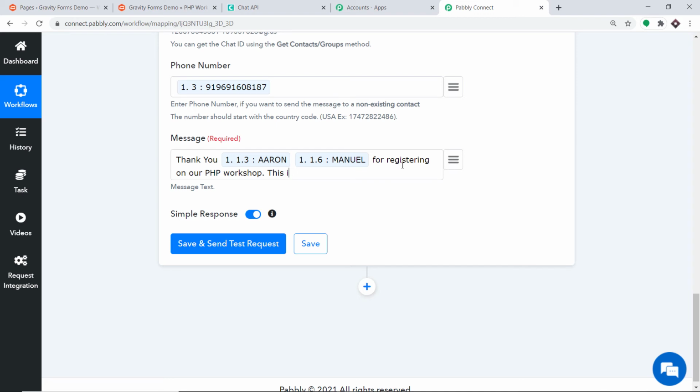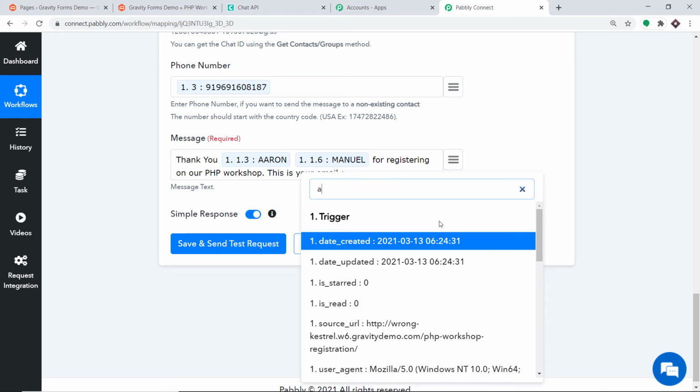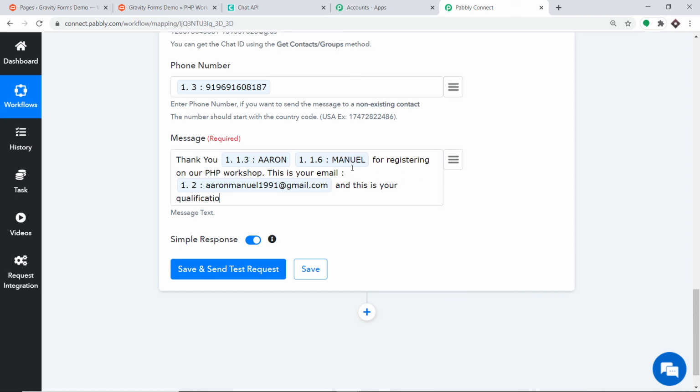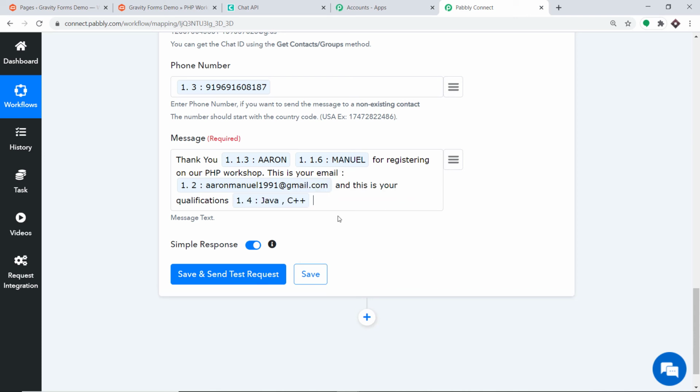This is your email. Okay, and let's map in the email. So this is the email, and this is your qualifications. So the qualifications was something like he finished Java and C++. Okay, so we are going to map in the qualifications.